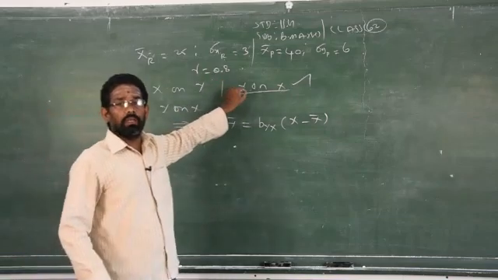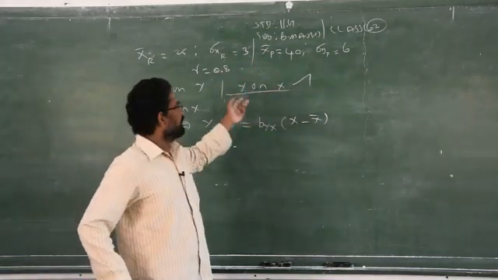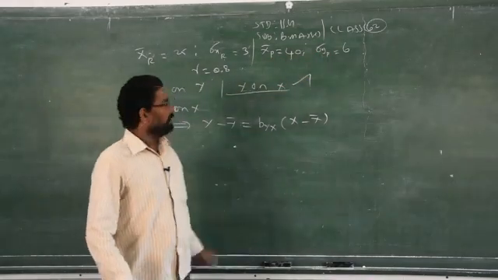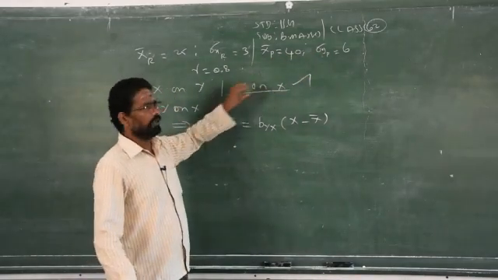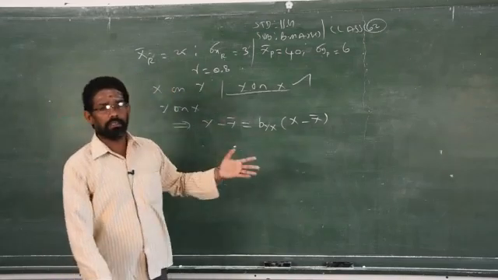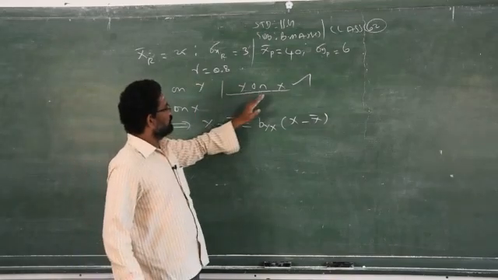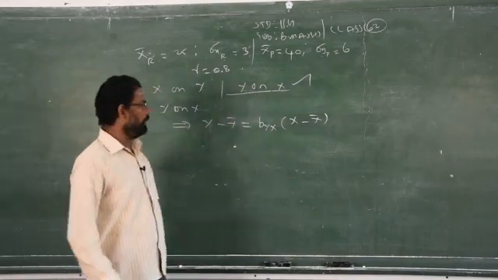Why do I need to take only y on x? Because x is given, you are asked to find out the production. Production means what? Y variable. Therefore, it's enough to find only y on x, not necessary to find x on y. Even if you find x on y, it doesn't matter, but there is no mark. Clear? So, what is required? Y on x. You have to find only y on x.